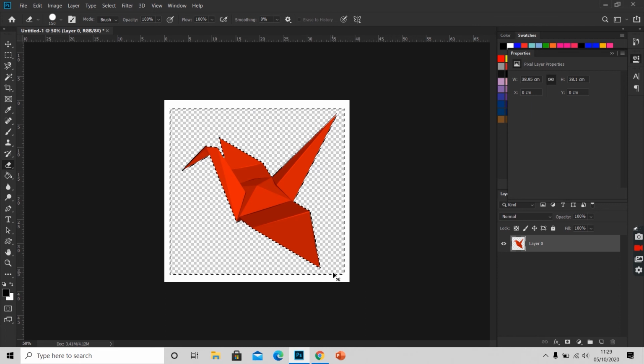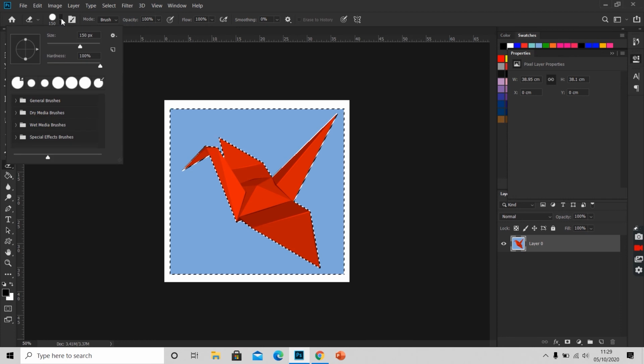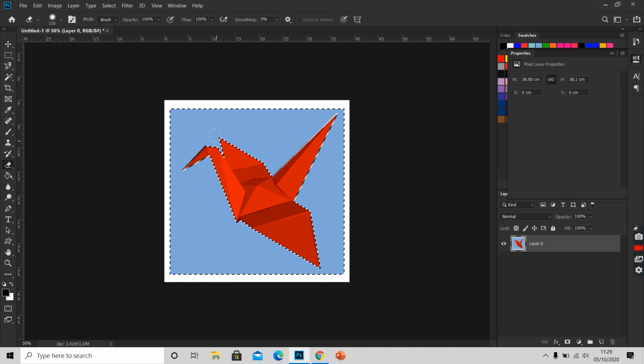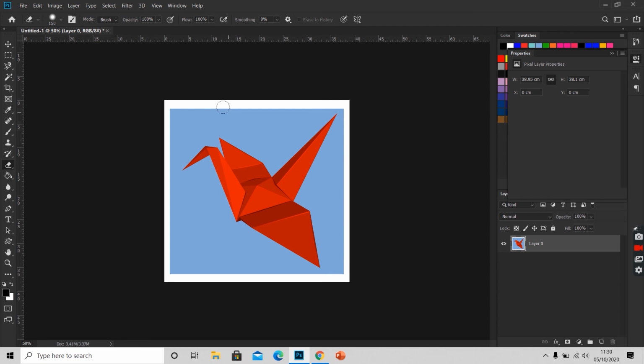So this is it. You can even have a soft eraser. As we have soft brushes, we do have soft erasers. And we can have a feathery look. Like this. As you can see, the edges are feathery. I'll press Ctrl Z and Ctrl D. So this is our eraser tool.